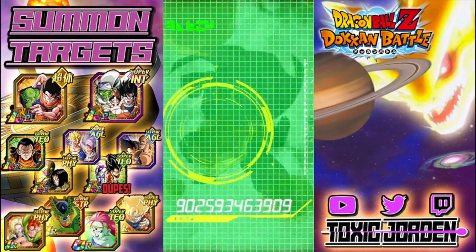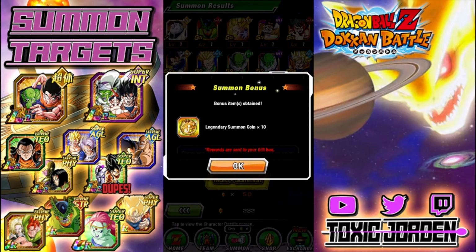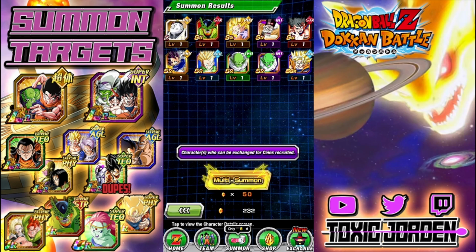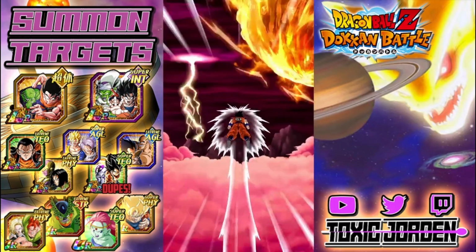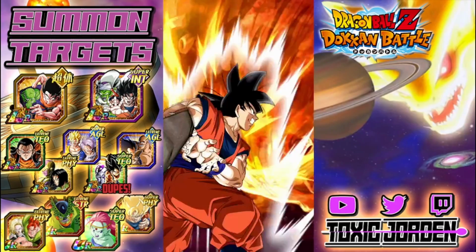So far to no avail though. These have not been the most impressive. We've had one good summon there with the Zeno animation and the Hercule on Boo and then the double LR. Other than that, literally every single summon has been a flop. We haven't gotten an LR or a top tier unit